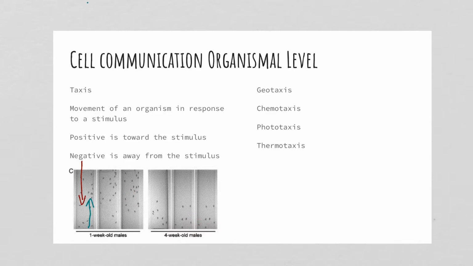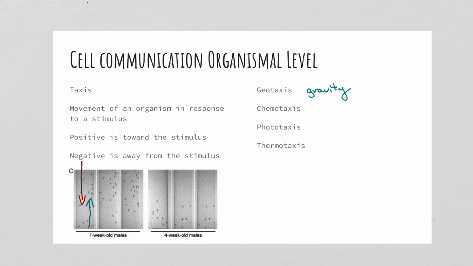4 weeks old. Yes, fruit flies can last 4 weeks. Can you believe that? Because these fruit flies are going opposite the direction of the stimulus, this is considered a negative geotaxis. So it's going opposite the effect of the stimulus. If it's positive, that means it's going to go toward the stimulus. So you can have an organism that has maybe a negative geotaxis. That means it's going to go up. So geo means it's in relationship to gravity.